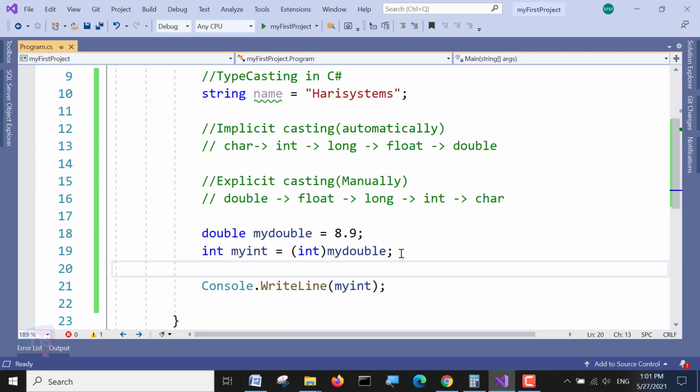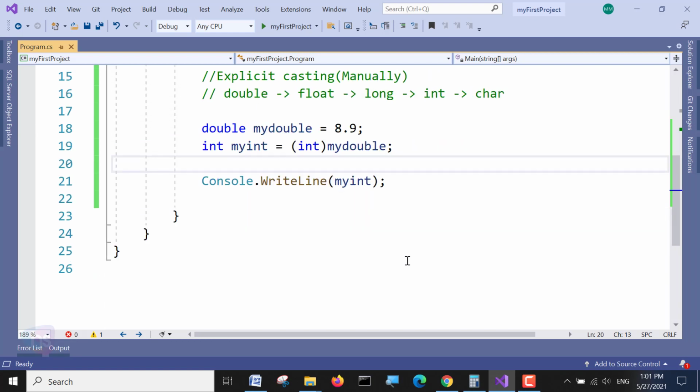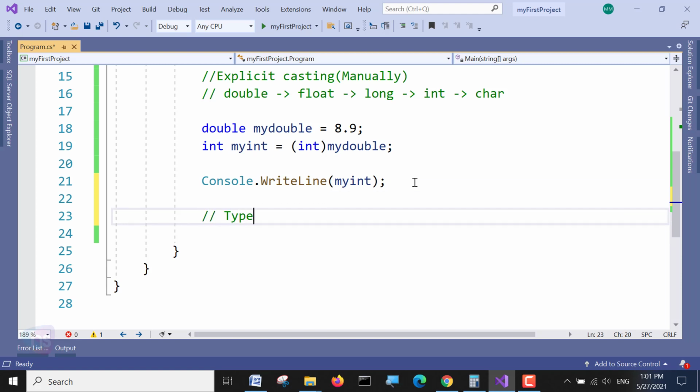I hope you understand the conversion of data types from one to another. For those that are not possible by specifying in front, like integer, decimal and strings, what we need to do is use type conversion methods.